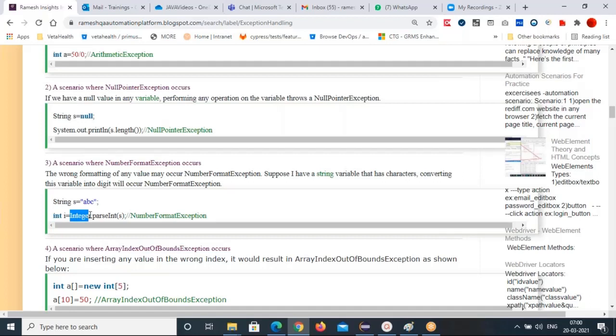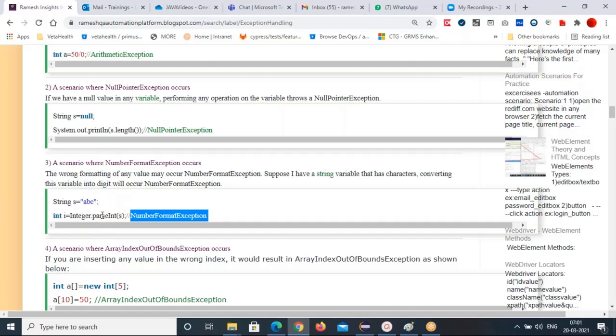But what is this Integer? Integer is a wrapper class. Here we convert a string into the integer primitive data type, and you have to use this fixed formula. For example, here alphabets are there, that's why you are getting a number format exception. If there are numbers here, they will be converted into primitive integer data. But as S contains alphabets, it is not going to process, and instead it will throw a number format exception for us.